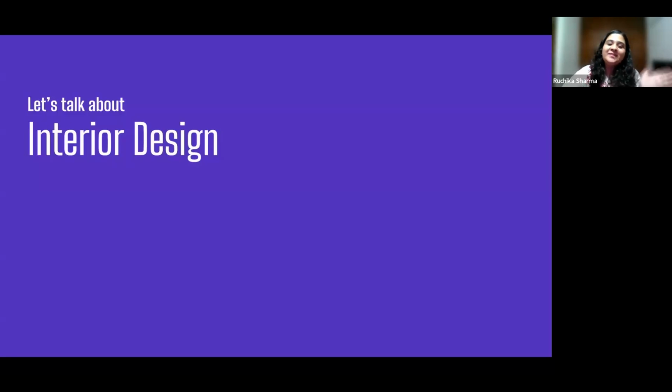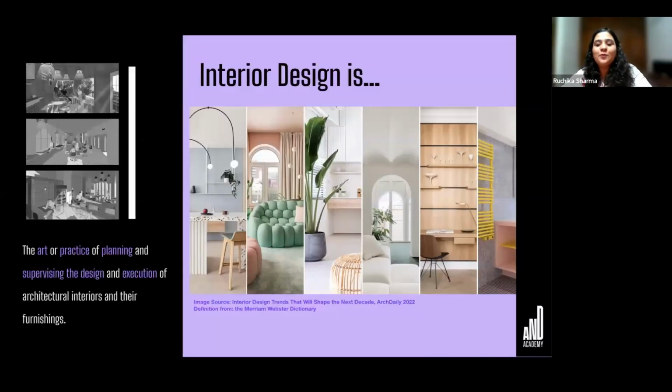Okay, so Kirti will move to the next slide. Okay. So what is interior design? Interior design is something that I feel is often confused with architecture or interior decoration or interior styling. So we look at what interior design is, because that is what we teach. It is the art or practice of planning as well as executing a spatial design. This is usually done with the help of colors and light and mood setting and a lot of other things that you will get to see eventually. Next slide, please.